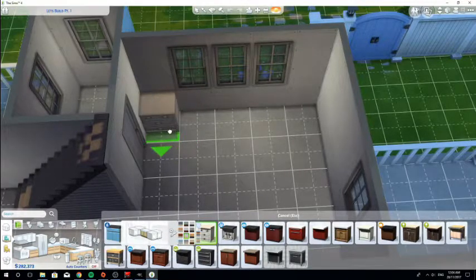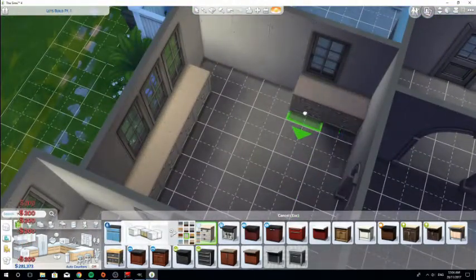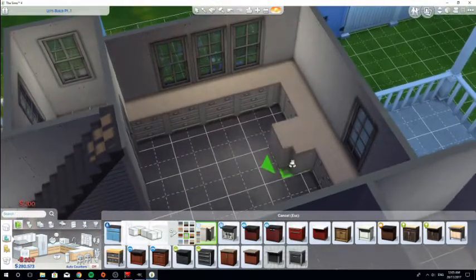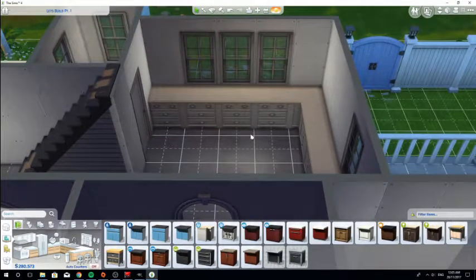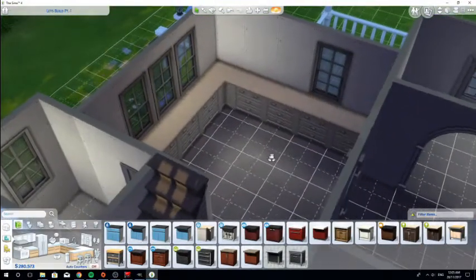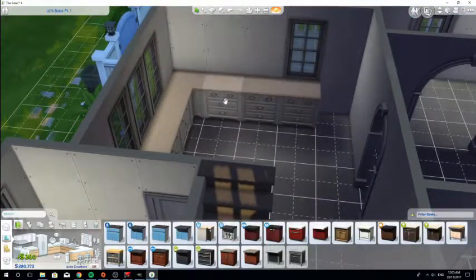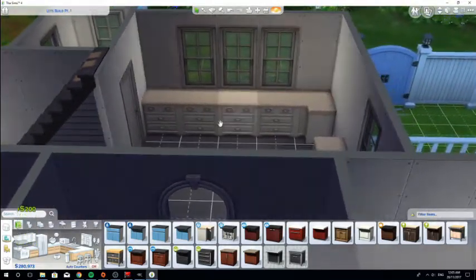Okay, so I want it to go kind of around here. This is just rough, just to get the general idea. Okay, so I want them to go there. Now I know I need to add in at least a fridge and a stove, and I don't like fridges and stoves going together. So I might put the fridge there, and I'm going to put the stove there. And I also wouldn't mind putting in